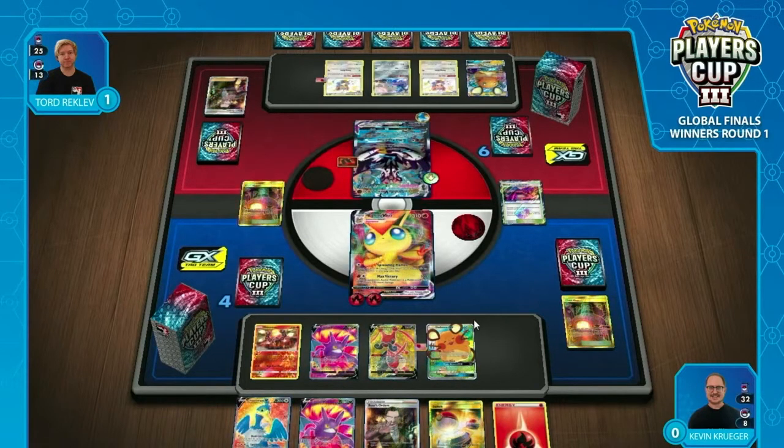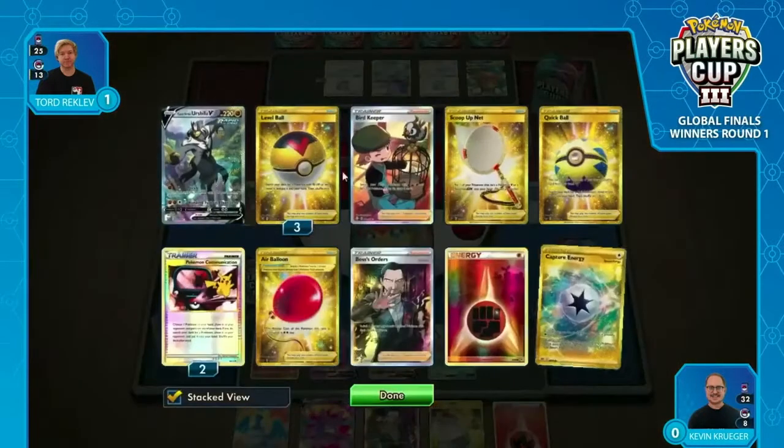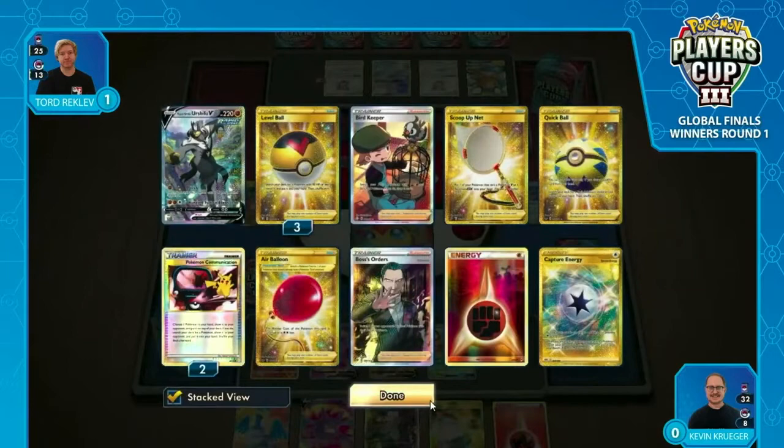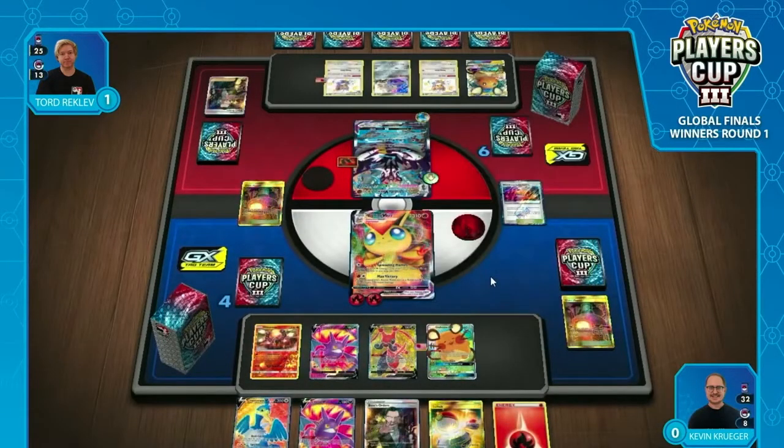It's hard to argue with that. That Victini VMAX is a nice free prize Pokemon, and Tord might be trying to go after the Victini now, going, look, I can Boss's Orders the Crobat and Volcanion later. They're not going anywhere. What I actually really want to do now is get rid of the threat. I can take those easy free prizes another turn, and Kevin looks like he might be thinking the same thing as us there. Like, hang on a second. That would have been bad, but...